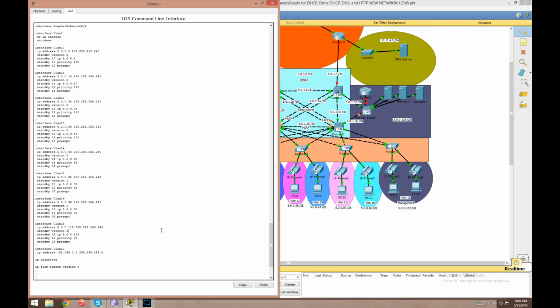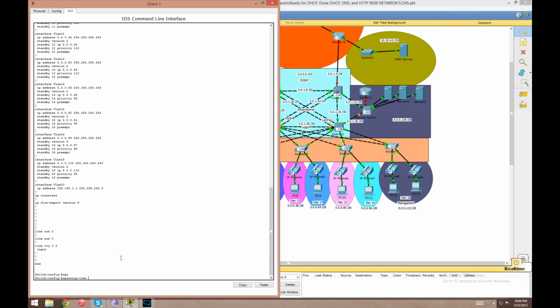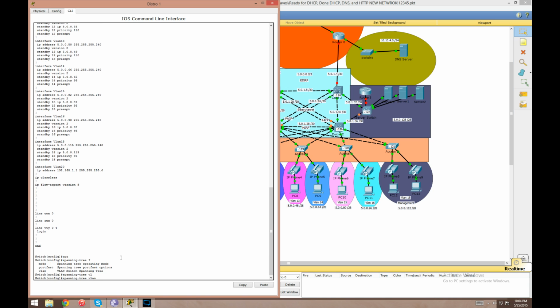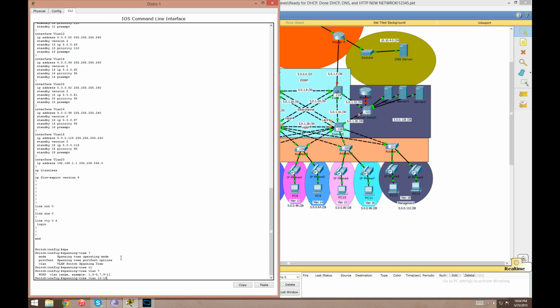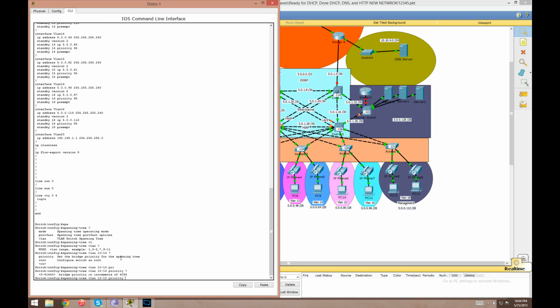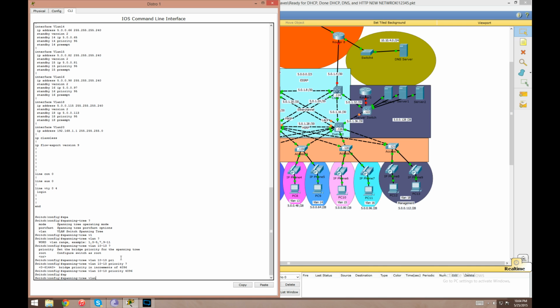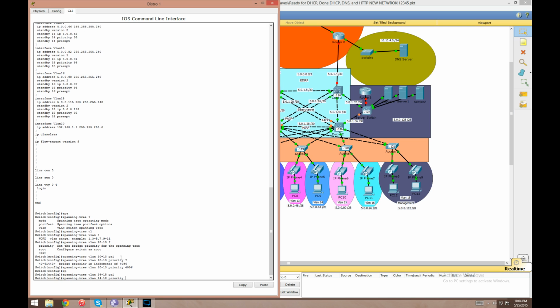Now what we want to do is tune spanning tree to kind of match this. So this is simple. We just type in spanning tree VLAN and then we do a range, so 10 through 13. We're going to assign it a spanning tree priority of 4096, lowest, just so we can make sure that this is always going to be the root bridge for these first VLANs. And we're going to put in the command spanning tree VLAN 14 through 18. We're going to give that a priority of